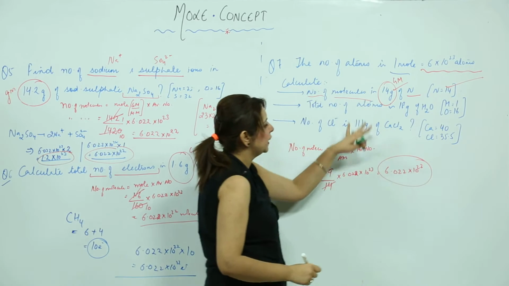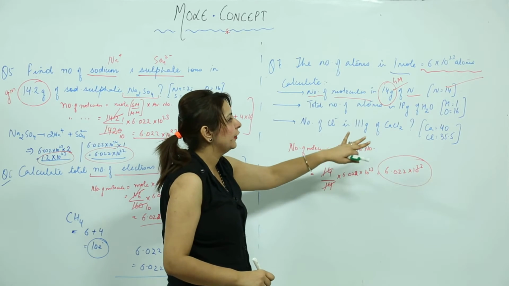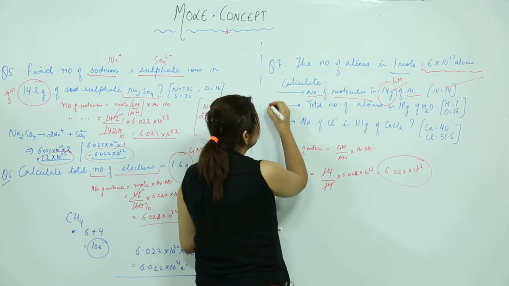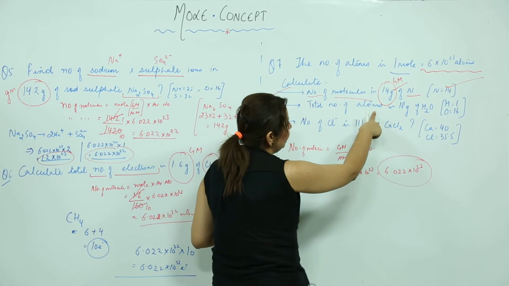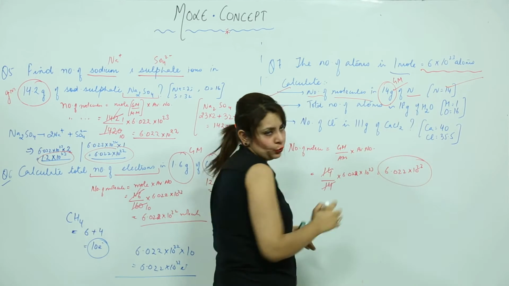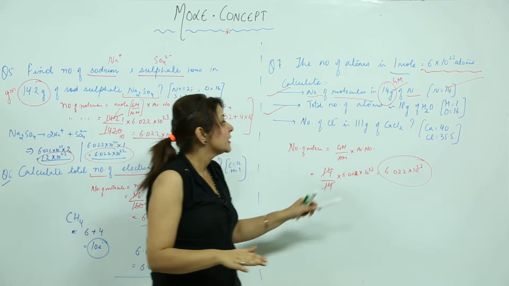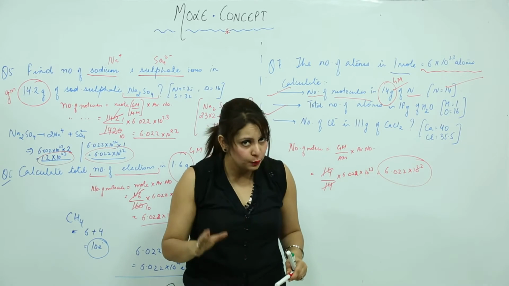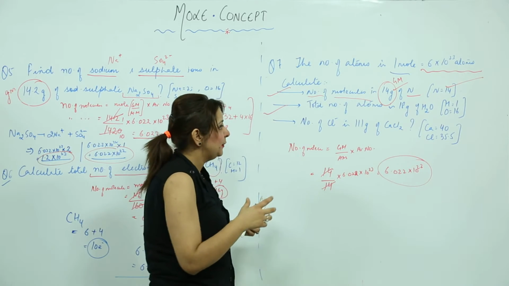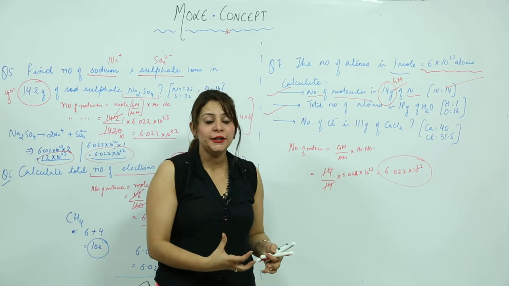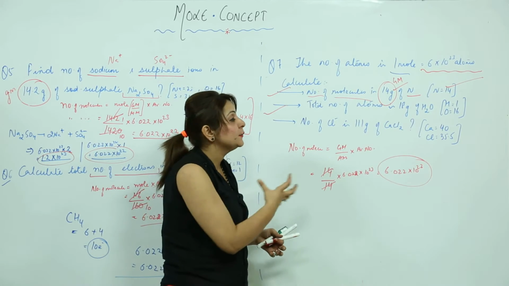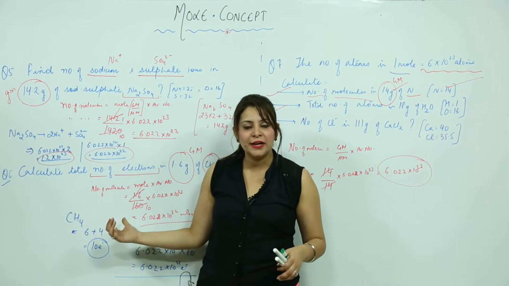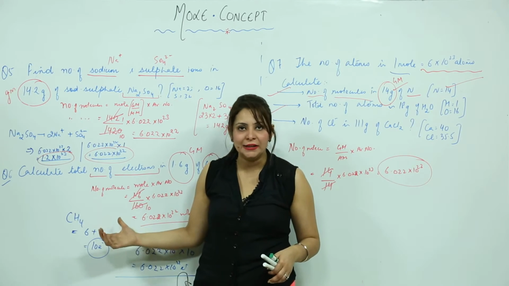So this many molecules of N are actually present in these 14 grams. Now we need to find the total number of atoms in 18 grams of H2O, right? As you can see, here we have H2O, and H2O is not an atom, H2O is a molecule, right? So that means first you need to find the number of molecules, then accordingly multiply by the number of atoms present in one molecule, as we did here to find the number of electrons and the number of ions, right?